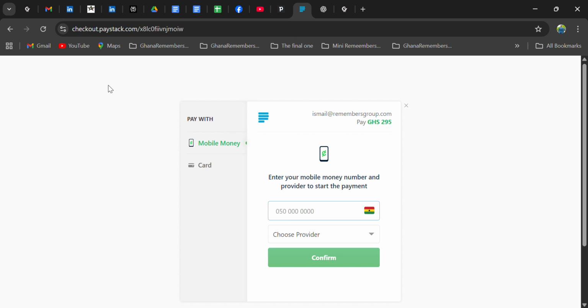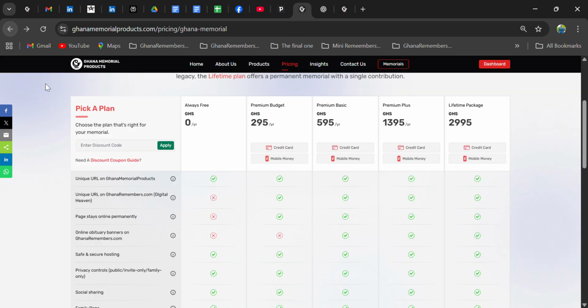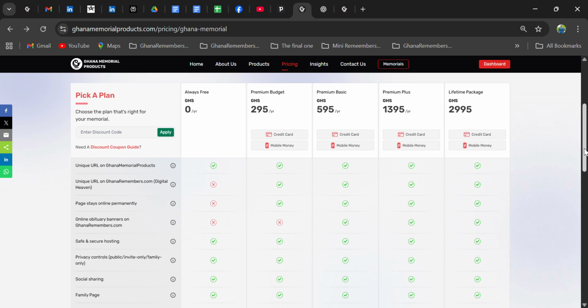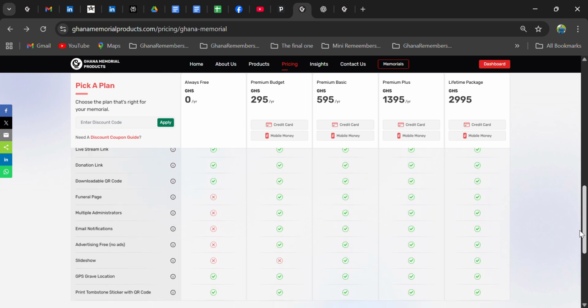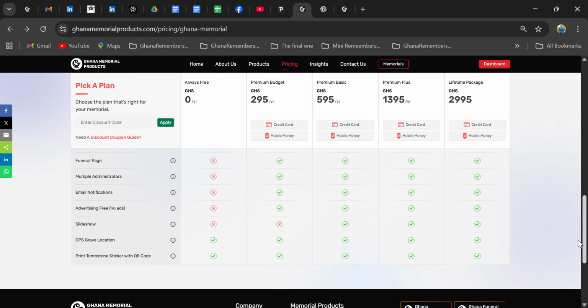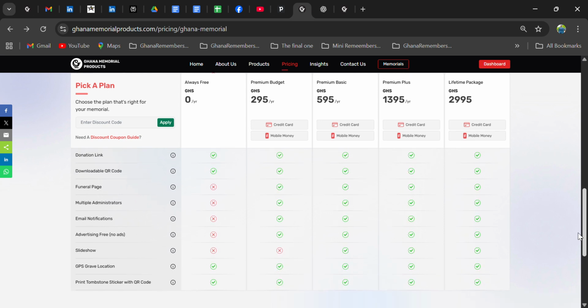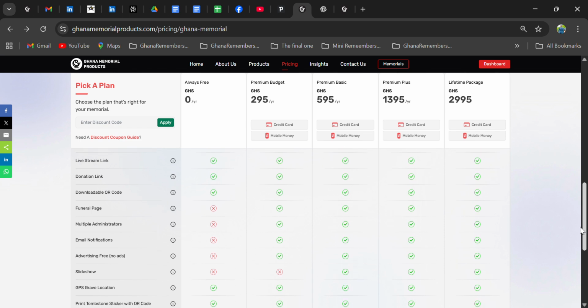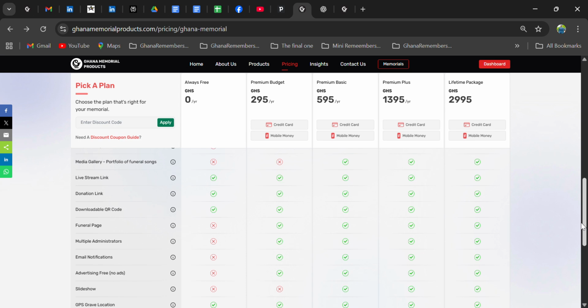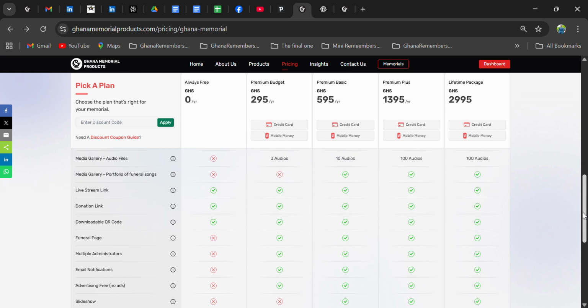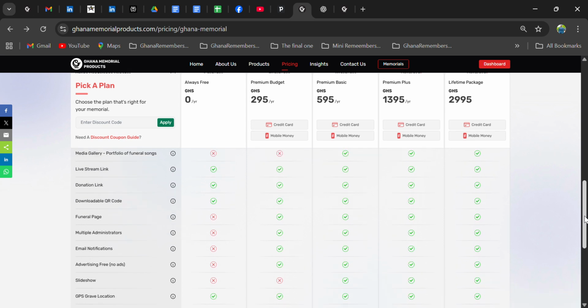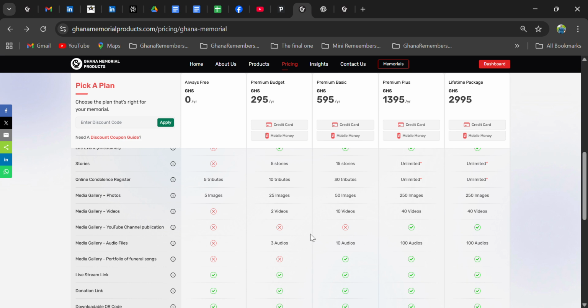Once payment is successful, your memorial would be upgraded to the selected paid plan. So if you selected the lifetime package, your memorial would be updated to have all the features under the lifetime package. You can also start adding more photos, videos, and other content right away, or continue building your memorial over time right after choosing your preferred package. Yes, so that's how to create a paid